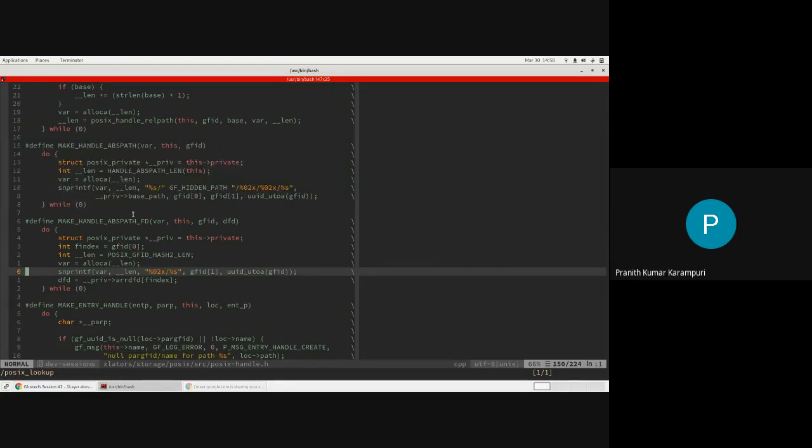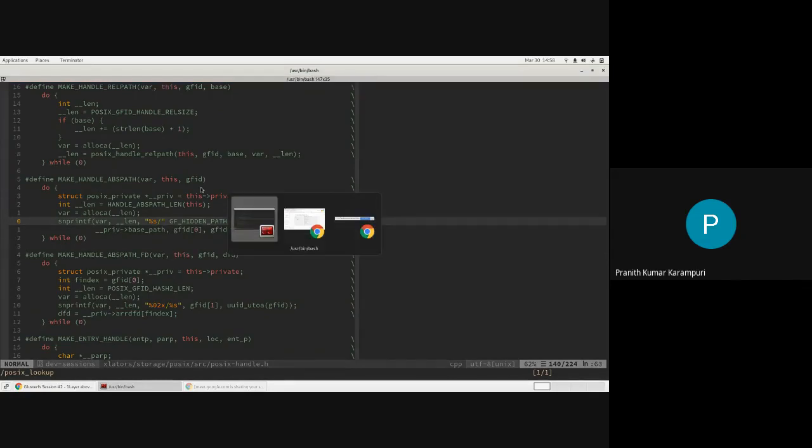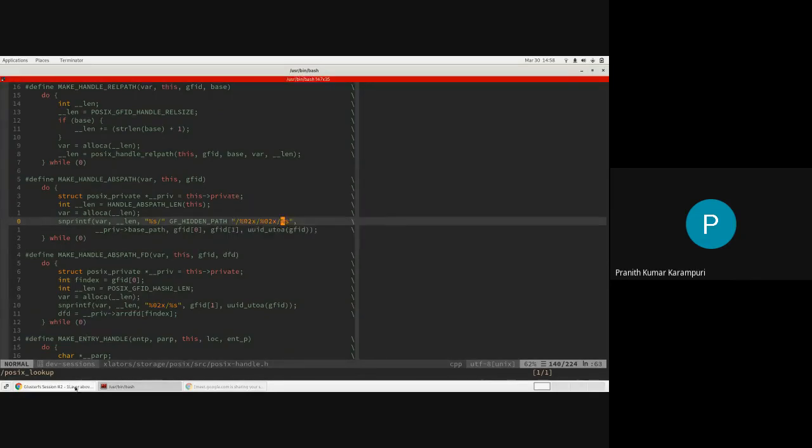Here you can see this better. GFID is a 16 byte, which is a 128-bit normal UID. So this hidden path is the .glusterfs. This is the brick path/.glusterfs/first 2 hex digits, second 2 hex digits, and the rest of the GFID with name. So we are trying to do a lookup based on just the GFID.